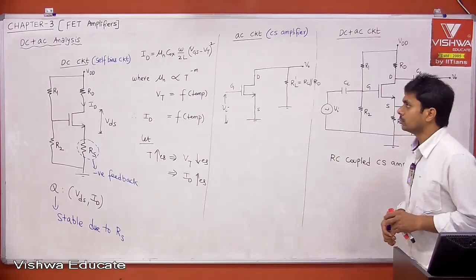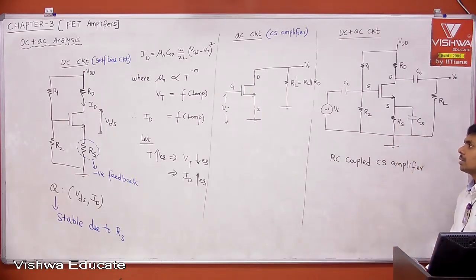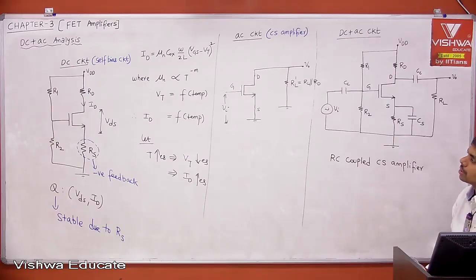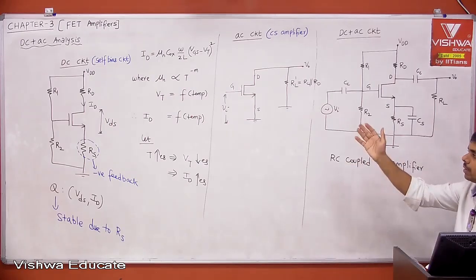Okay. Therefore, with this the DC analysis is also kind of done. Whether it is a BJT circuit or a MOSFET circuit, when I say DC analysis, it will deal with input KVL, output KVL along with the device equation. Here the device equation is different. What is the device equation? ID is equal to mu n Cox W by 2L into VGS minus VT whole square. But if you take BJT, what is the device equation? IC is equal to beta into IB plus 1 plus beta into ICO. Those equations we need to take as DC and then input KVL, output KVL and then substitute, you will